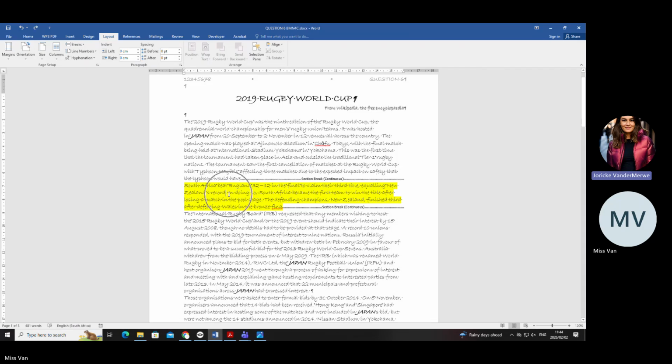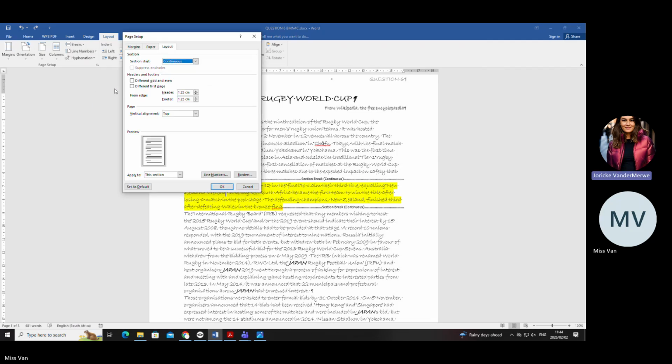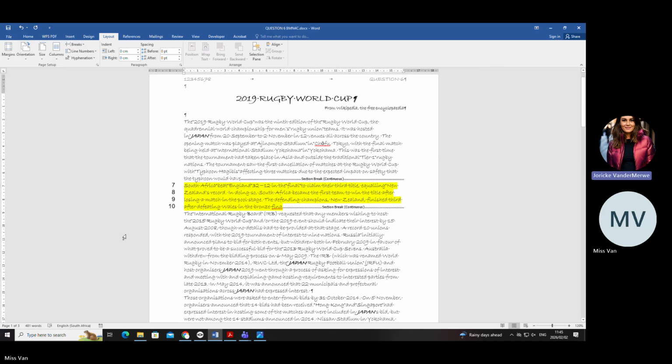So make sure you click somewhere in the paragraph and click line number and say line number options. And then you can click line numbers and you can say add line numbers. And sometimes they ask you to start at 7. Then you do it here and you say, okay, and you say, okay, and Bob's your uncle.